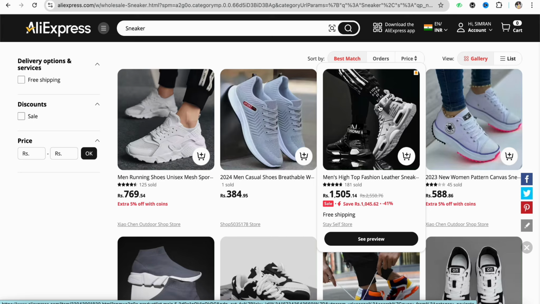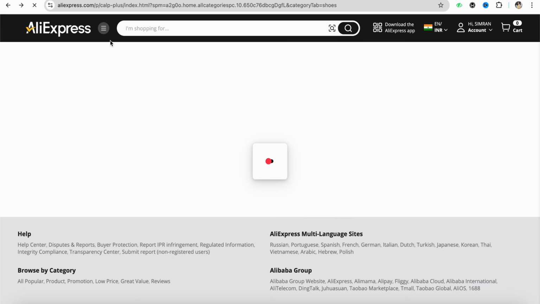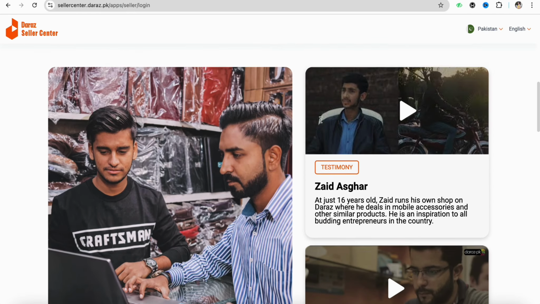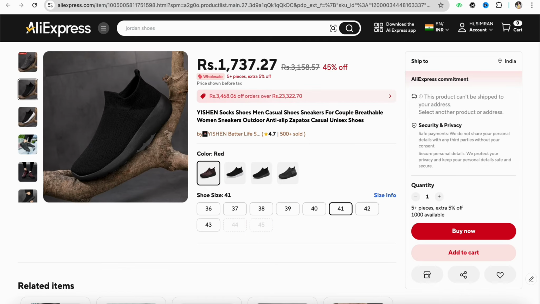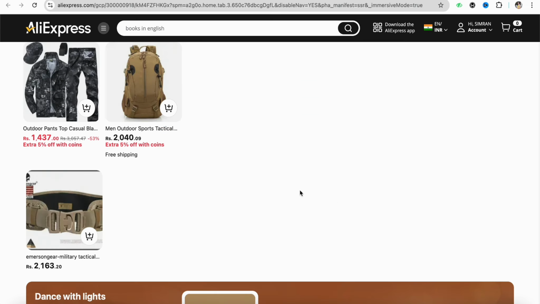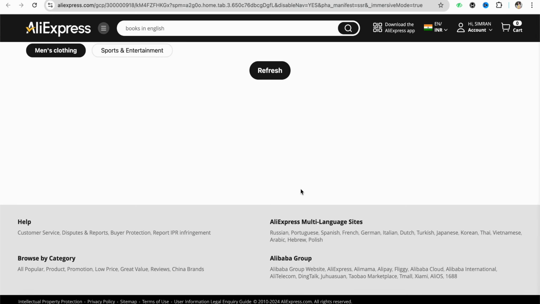then you can also go ahead and explore different categories, because you should have at least 2 or 3 categories or niches in which you are dealing, because otherwise the competition is huge, and if you don't look for different categories, you might lose out on the opportunity. So make sure that you have at least 3 to 4 categories listed, so that you get more attention, and you have the potential to sell more product and get more benefit out of it.